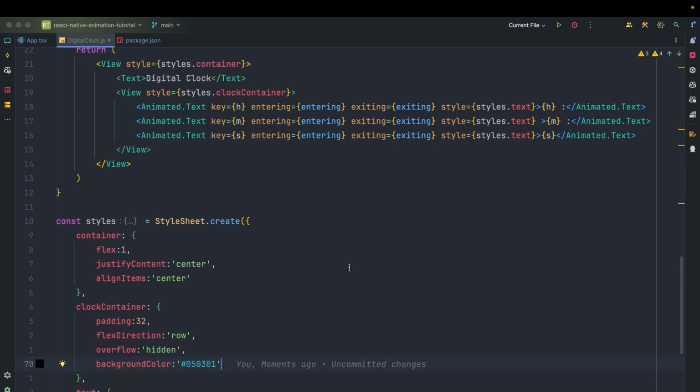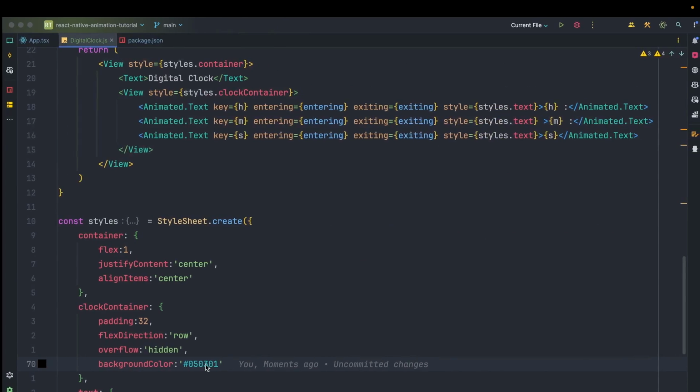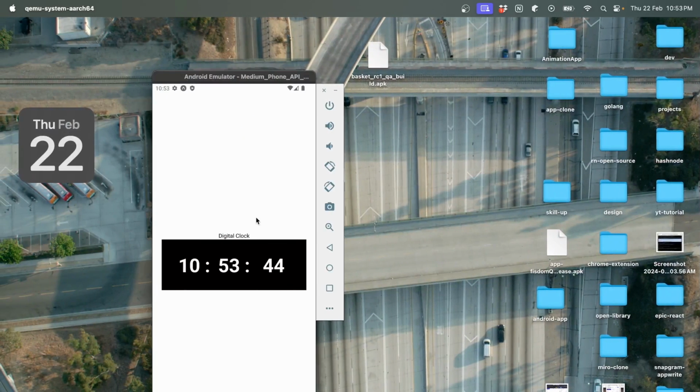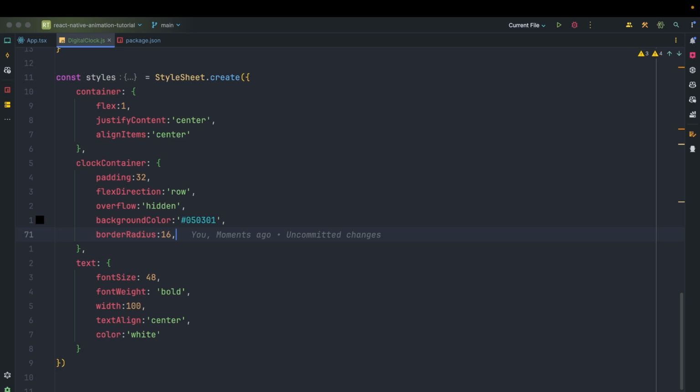Yeah, let's see what is the color. Okay, we need to change the text color, have it white. Yeah, that's all you need to do. For border radius, let's have 16,